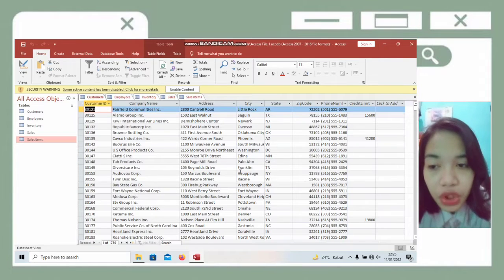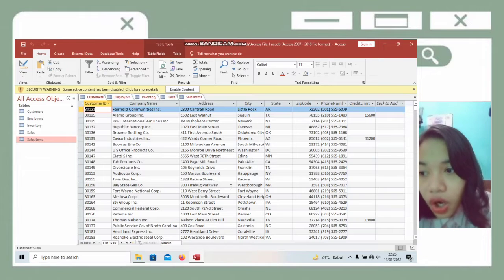First, we open the Microsoft Access application and open the data file that we want to process. In this video, I already have an Access file that contains some data. With Microsoft Access, we can process that available data. All this data is called a database, while at the very top are fields and at the far left are records.